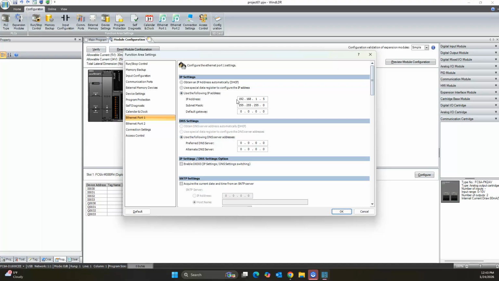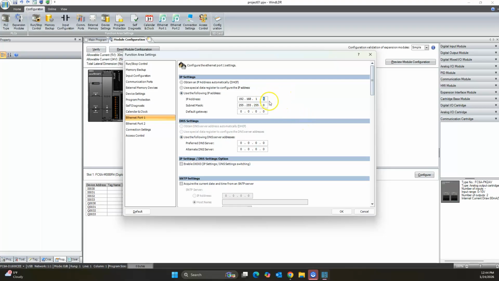So we'll have an HMI that will have its own IP address, and basically we just have to set the first 3 digits of this IP address identical to the address on our HMI, right, and vice versa. And then we'll change this 4th set of digits for each device. So each device will get its own unique digit here,